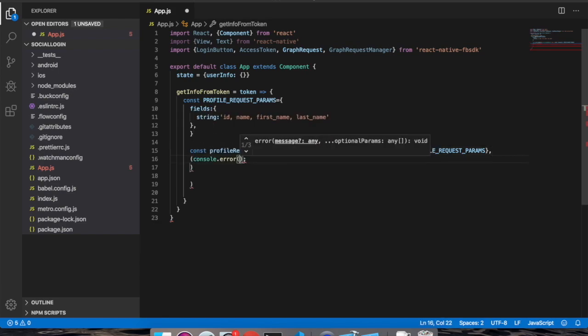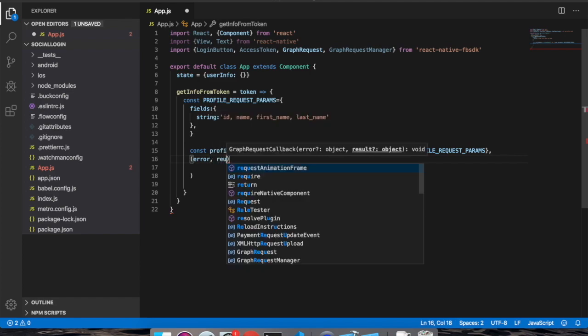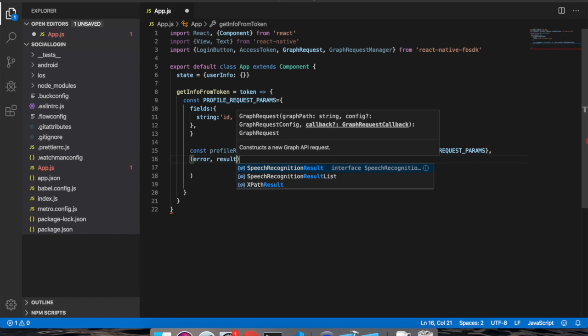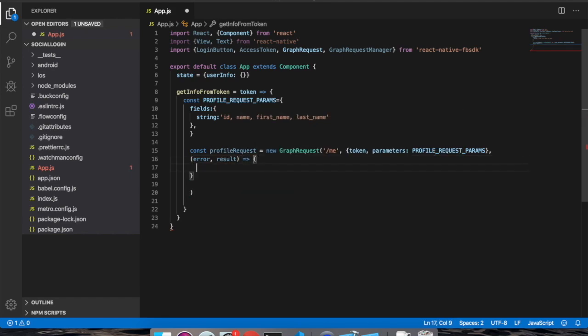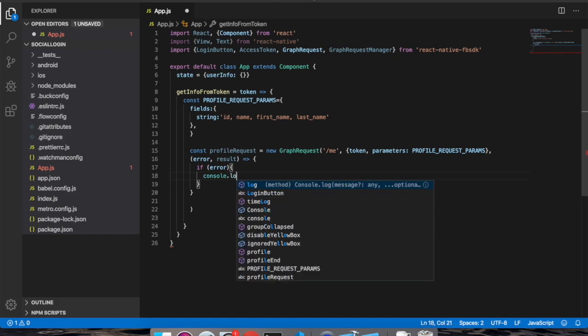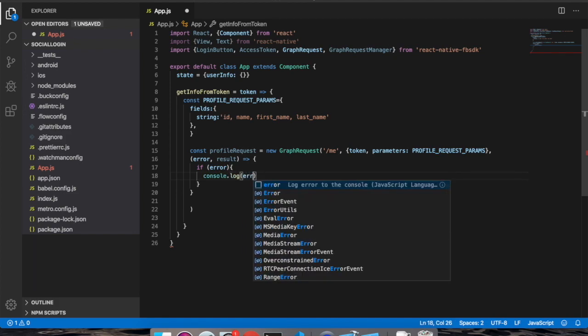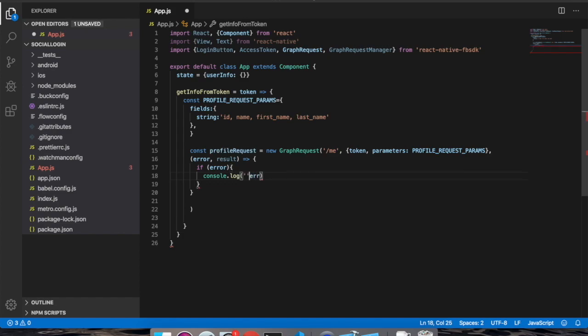error, comma, result, error. If we have error, and console log error, login info has an error, then if we logged in successfully,